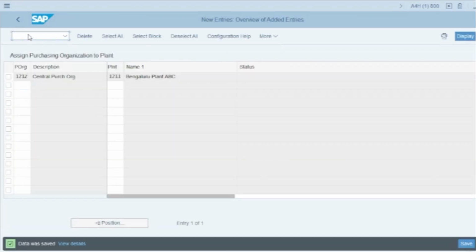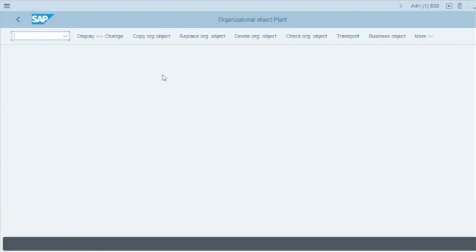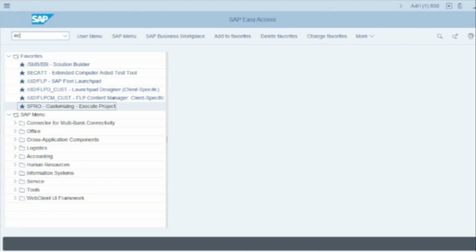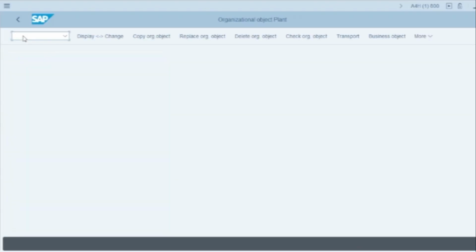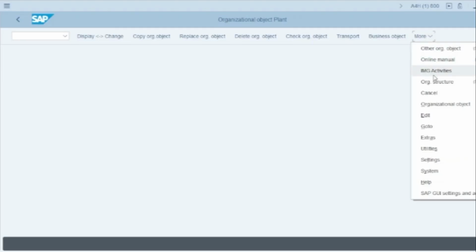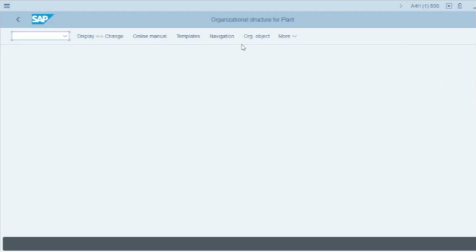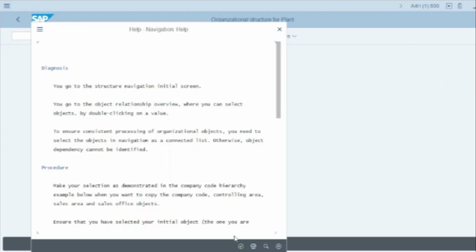How to see that? For that, we need to go to a transaction code known as EC02. That means viewing your enterprise structure at the plant level, so that you can see it. Let me first go to the system here. Now go to EC02. After that, we'll go to the organization structure and go to the navigation, enter,